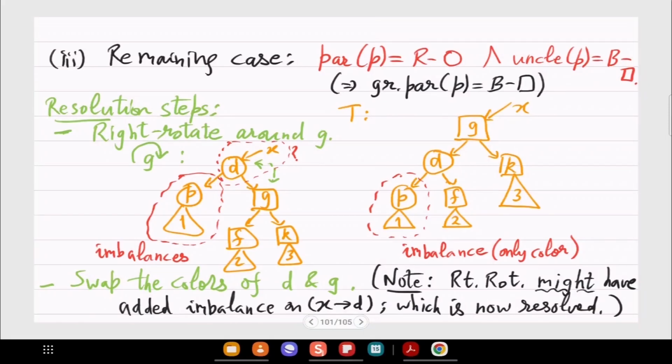Okay, let us look at that. Yes, so the thing is, where we have inserted P, hypothetically there used to be a leaf node which was black, and inside P also there is a leaf node inside 1.